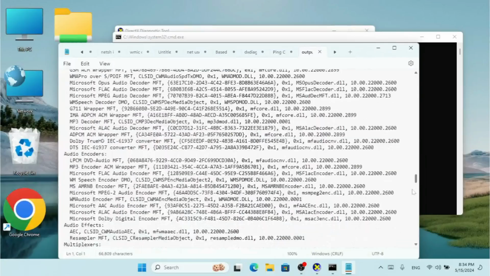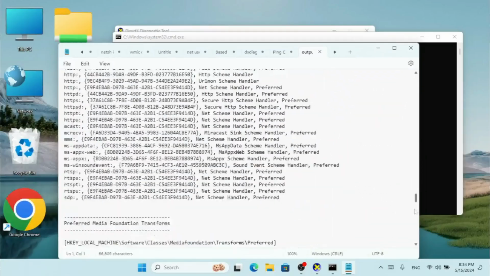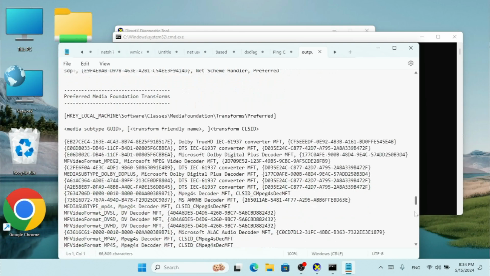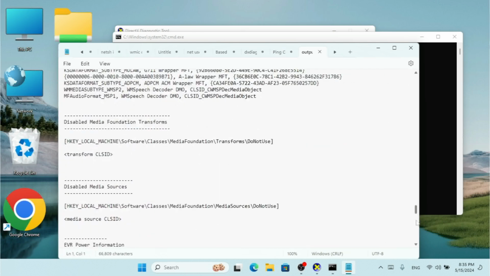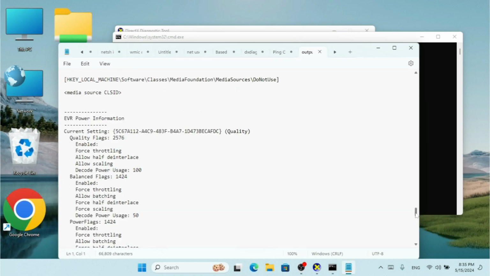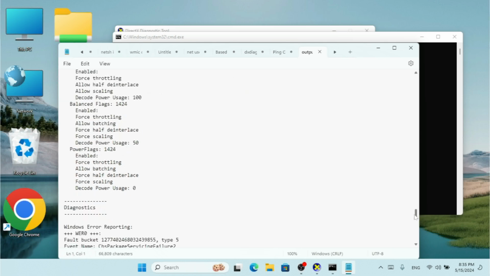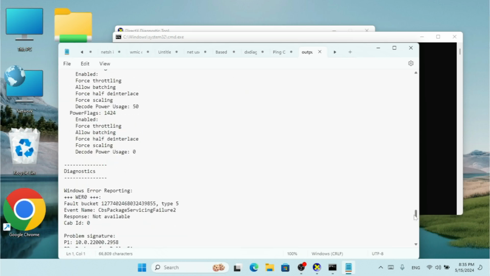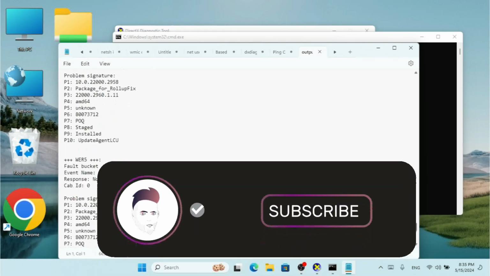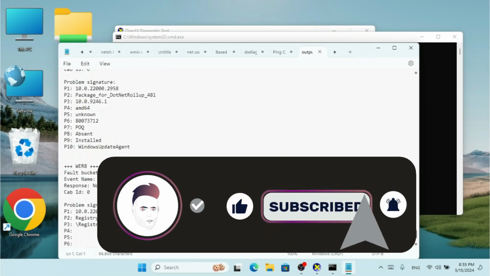I can see more information that is available inside this output.txt. As you can see here, we have disabled Media Foundation transform H key. If I scroll down, I can see more information, EVR power information, diagnostics, Windows error reporting, and here we have more info or details related to this